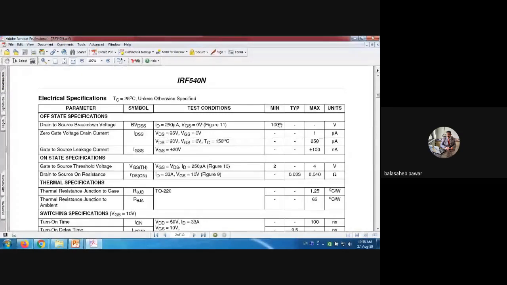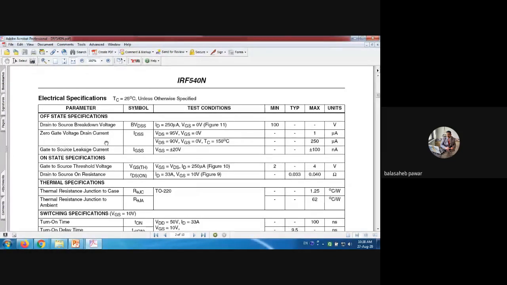By switching that transistor on only for 1.2 microseconds, we obtain the output, right? And for 48.2 microseconds, expected is what? That the transistor should remain in off state. Then the output voltage will be 0, correct? And again we repeat, so that its average voltage will be equal to 5 volts. Can you correlate it with our previous discussion? Whatever I am trying to highlight here, can you correlate it? Yes, sir. Okay, good. So this is again one of the more important electrical specifications while selecting that switch.